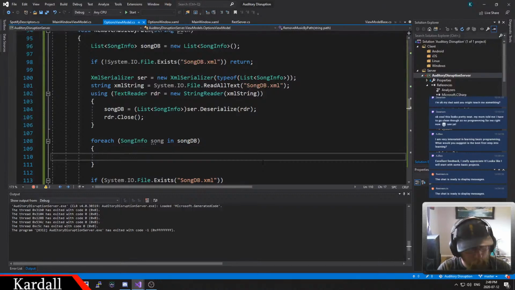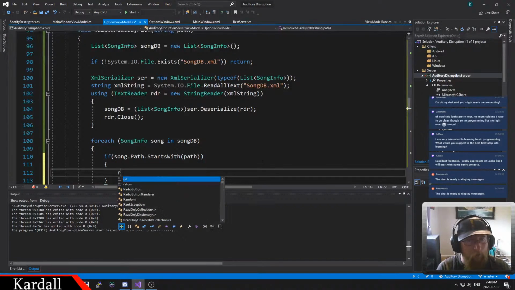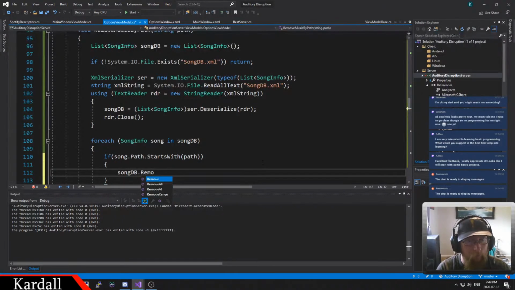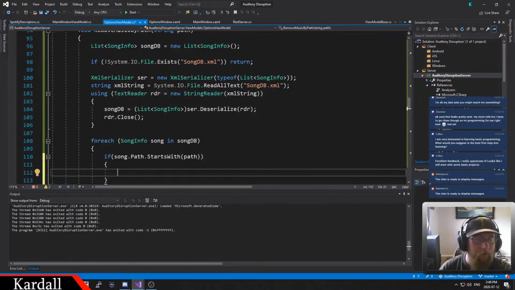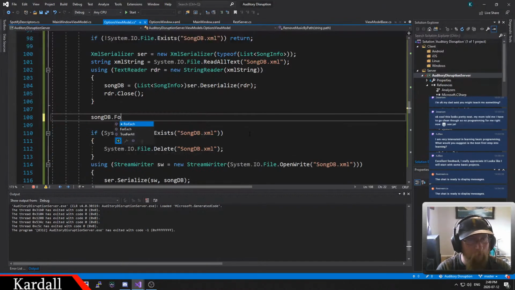So for each one, we're going to say if song path starts with path, song DB remove. Oh crap! I can't do that inside. Can we do song DB for each